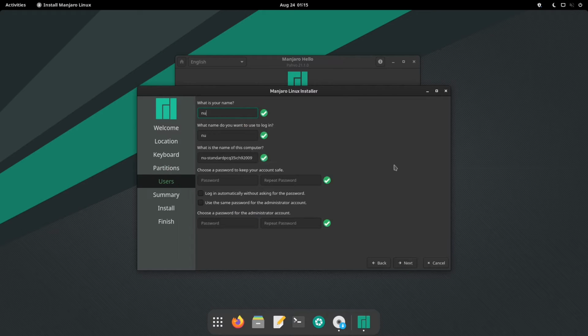Here you set your username. This is where you set your host name. You can set your password. I'm just going to use the same password for the root account, and I'm going to use login automatically because this is a virtual machine. It's a good idea to keep separate passwords for separate accounts, so if you need that, you can set a password for your root account over here